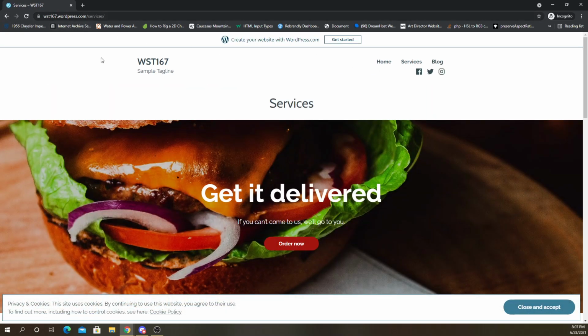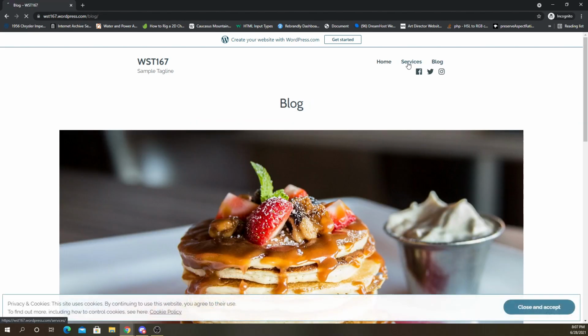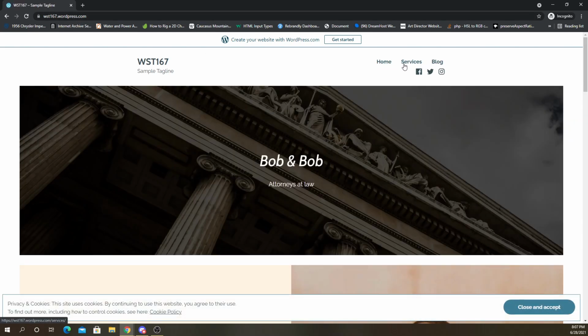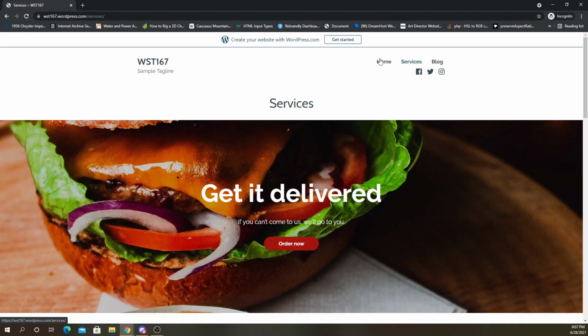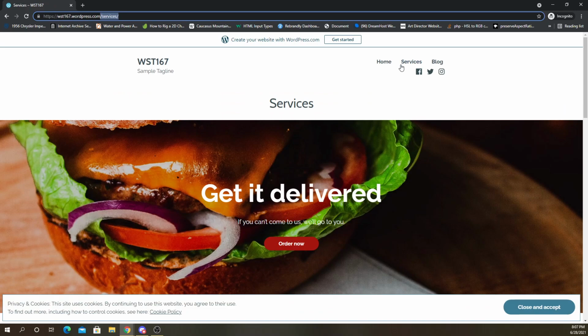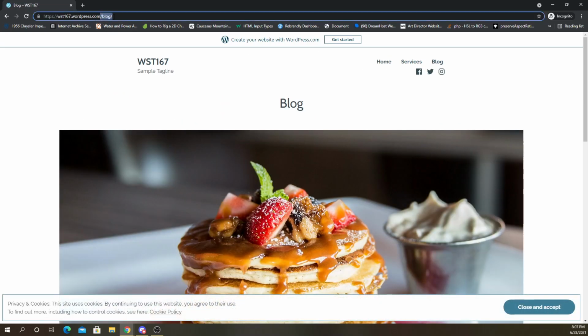Oh, now it says services. So it just needed a couple seconds to update. But now home is just 167.wordpress.com. Services is /services. Blog is /blog. So we're able to change what it says for our URL up there.